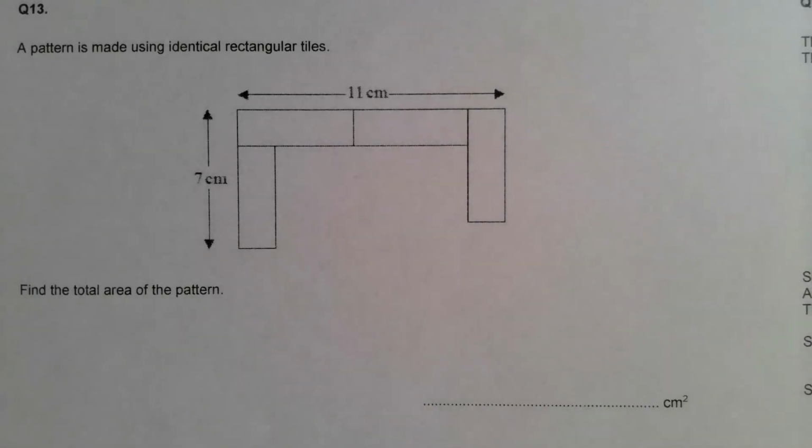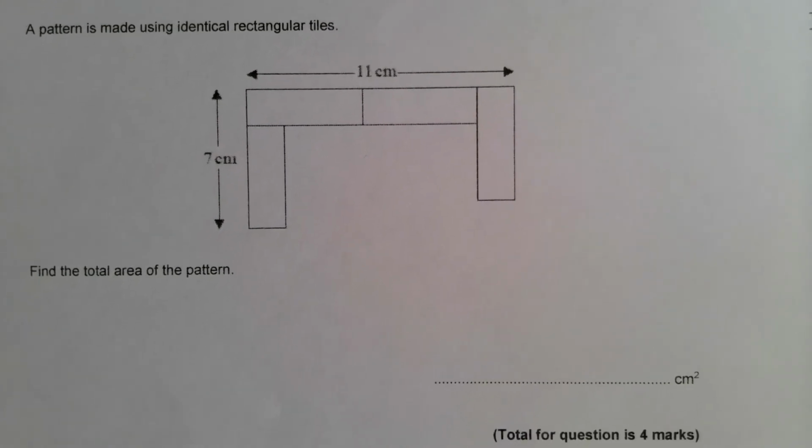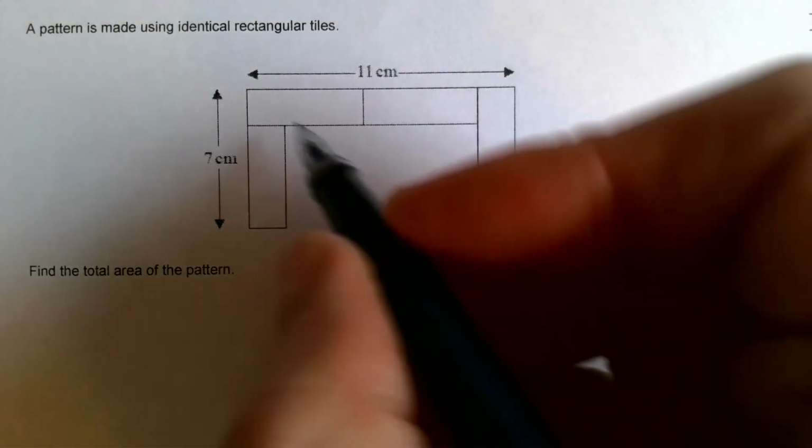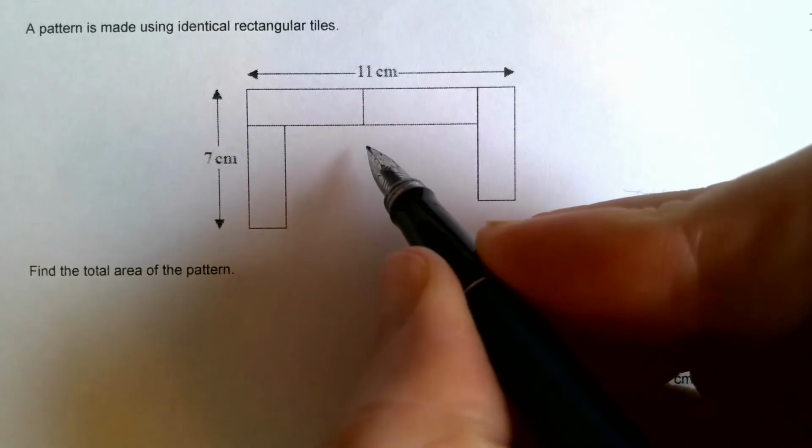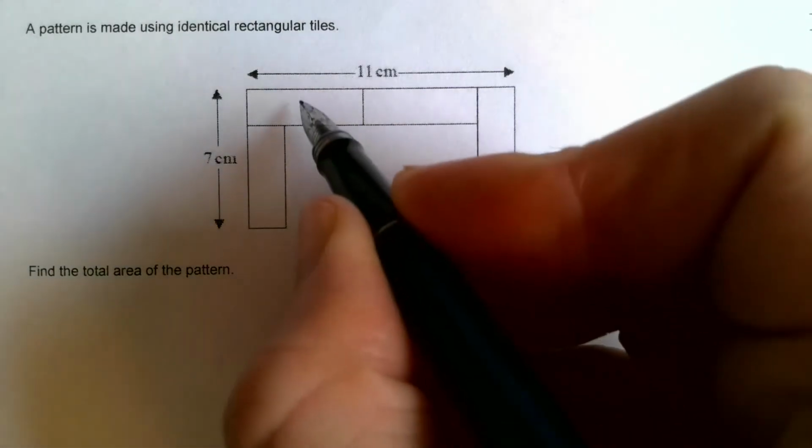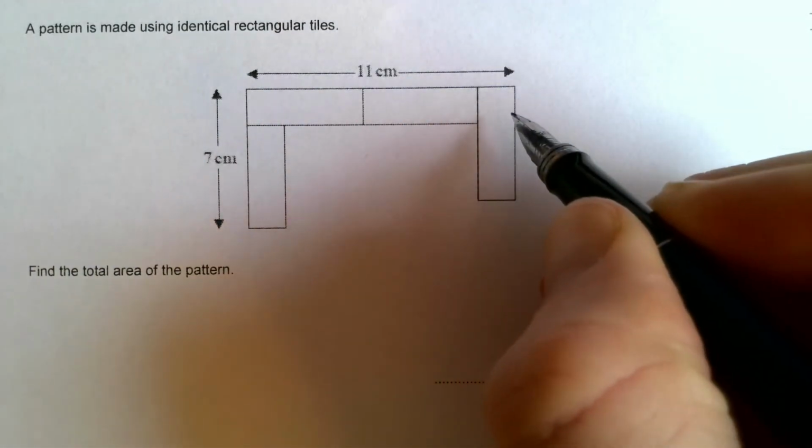Next up is question 13. Make sure you've had a go at this. There's 4 marks for this. The total area of the pattern. Well, we're not sure what the length and the width is, but we know if we call the length L or X and the width Y,